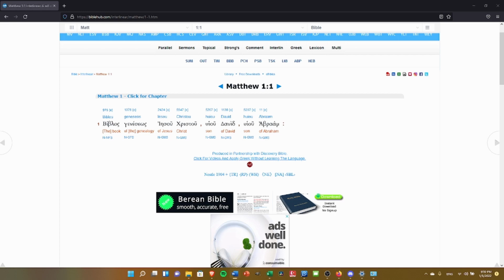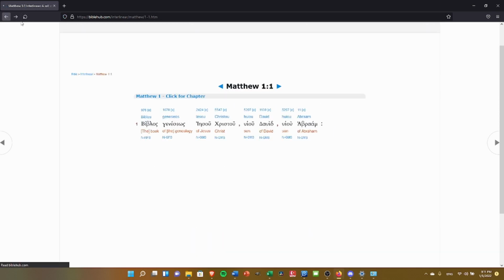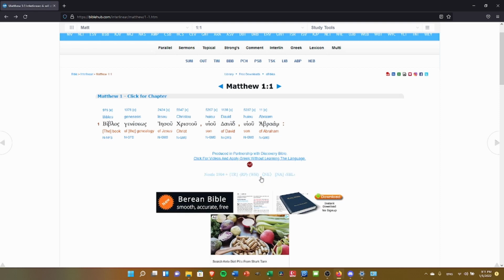which you see right there. The variants from each of the other texts: TR is Textus Receptus, Robinson Pierpont, Westcott Hort, and then the NE, NA variants there, as well as the SBL, even though I don't think the SBL is actually on here. But nevertheless, textual variants will be listed in different types of braces based on whichever variant it is. So for example, if we go from here in Matthew 1:1 to John